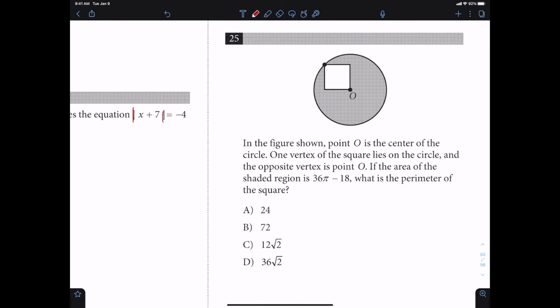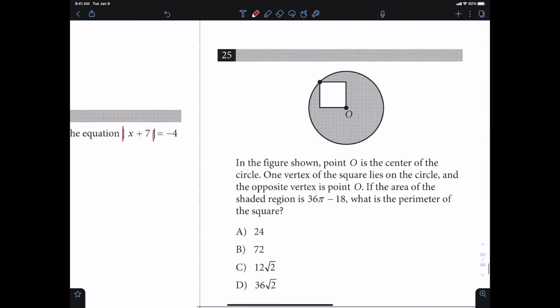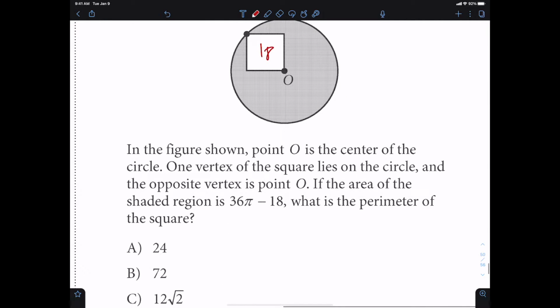Alright, problem number 25. In the figure shown, point O is the center of the circle and the vertex of the square lies on the circle. If the area of the shaded region is 36 pi minus 18, what is the perimeter of the square? So we know that 18 is going to be the area of the square,